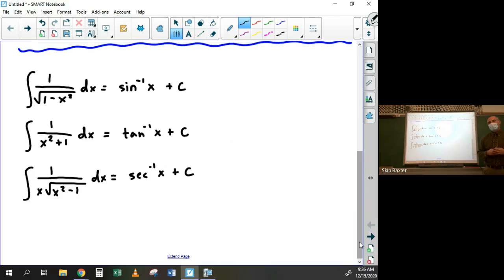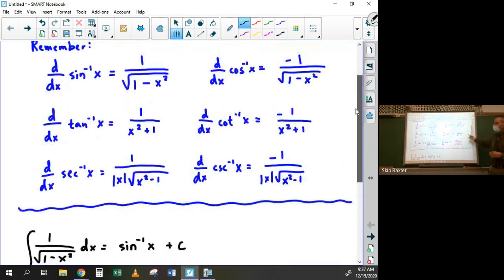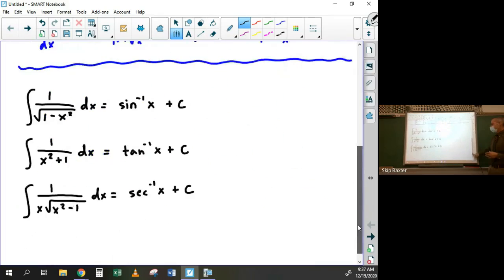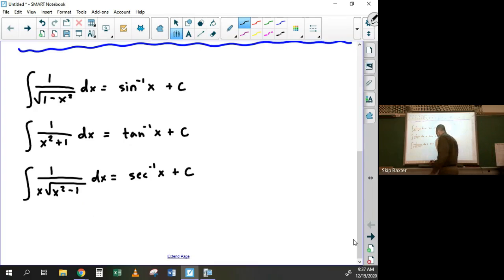Why don't you want the absolute value on the last one? Great question. I don't know. I'm trying to think why there's an absolute value in the derivative rule to begin with. I can't remember the reason. This is one of those things that I always forget. I can't remember off the top of my head. Sorry.